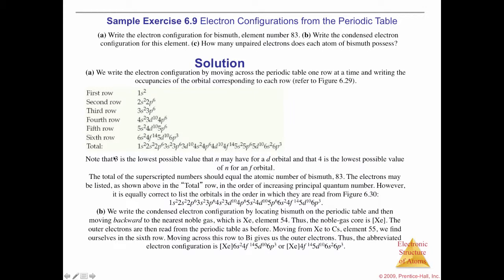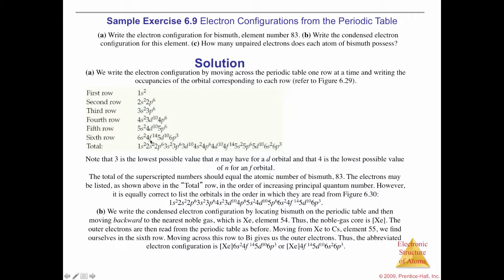We write the condensed electron configuration by locating bismuth on the periodic table and then moving backward to the nearest noble gas, which is xenon, element number 54. Thus, the noble gas core is Xe. The outer electrons are then read from the periodic table as before. Moving from Xe to Cs, number 55, we find ourselves in the 6th row. Moving across this row to get to bismuth gives us the outer electrons. Thus, the abbreviated electron configuration is xenon